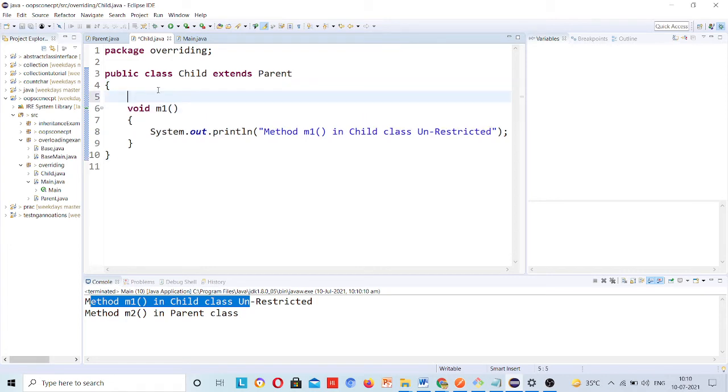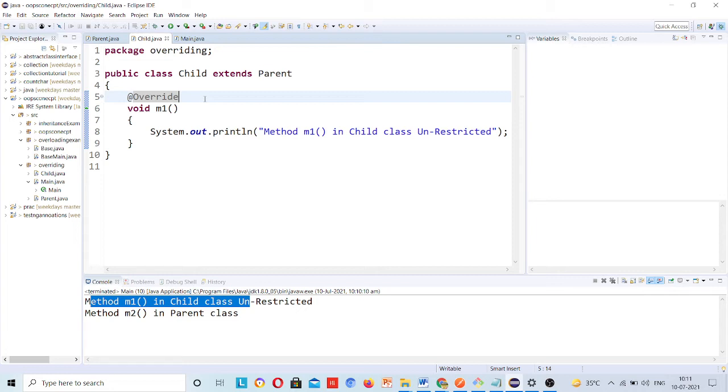See, whenever you are overriding any method, you must use, and this is the coding standard, you have to write this annotation. I will explain this. At the rate override, control space and enter. Okay, what does it mean? Whenever you are using at the rate override, it means that this method you are overriding.